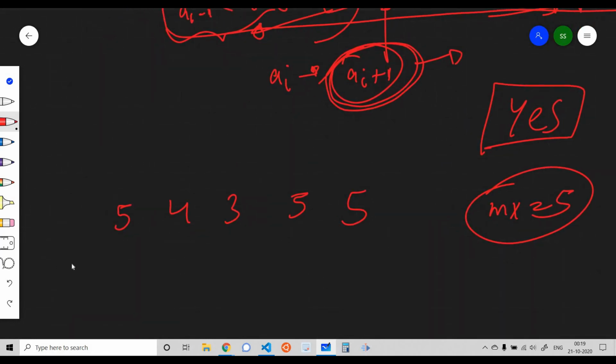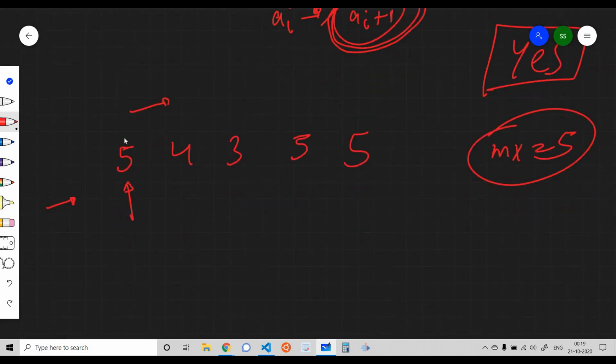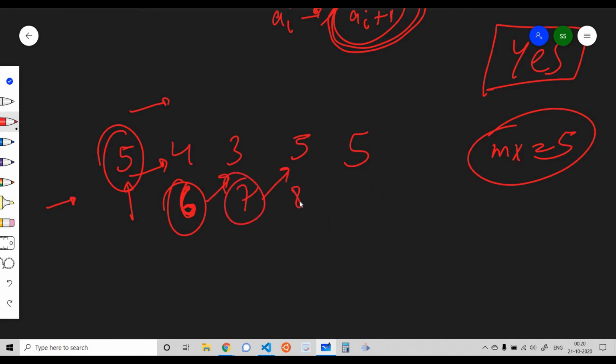So we traverse from left, we see that yes, this is 5 and the value which is to the right of it is not equal to 5. So this would be a dominant piranha. How would it be dominant? It eats this one. Now the size becomes 6. Now there cannot be any other piranha in our aquarium which is having a size 6. Now it can eat any piranha. That's why we use that logic. So after eating this 4, it can eat this, then the size will become 7. After eating it will become 8. After eating it will become 9.